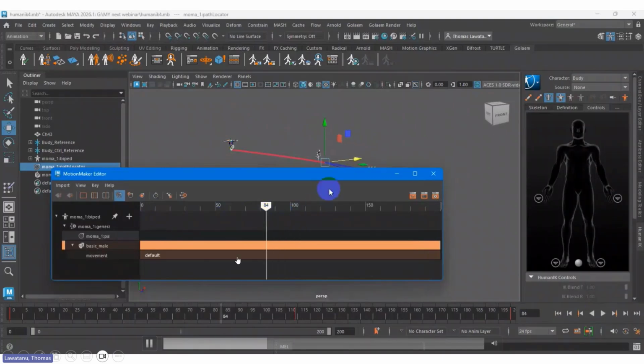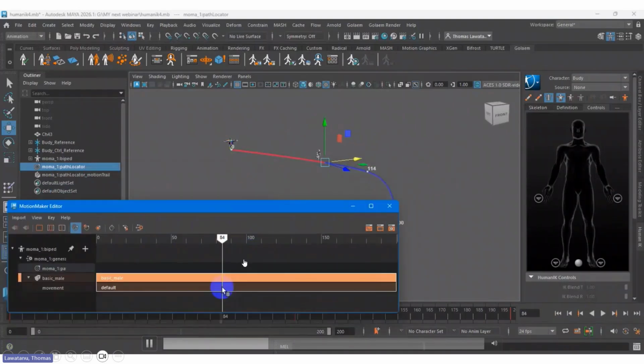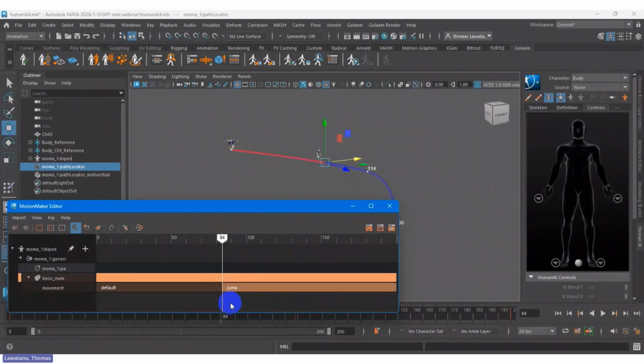Okay, let's say in this position I want this character to jump. See on my screen right now, you just right click. There are two available motions, default and jump. So this is like a layer, right? I think it's familiar if you play around with Adobe Premiere, layer based, anything in video editing. So you just right click, jump.